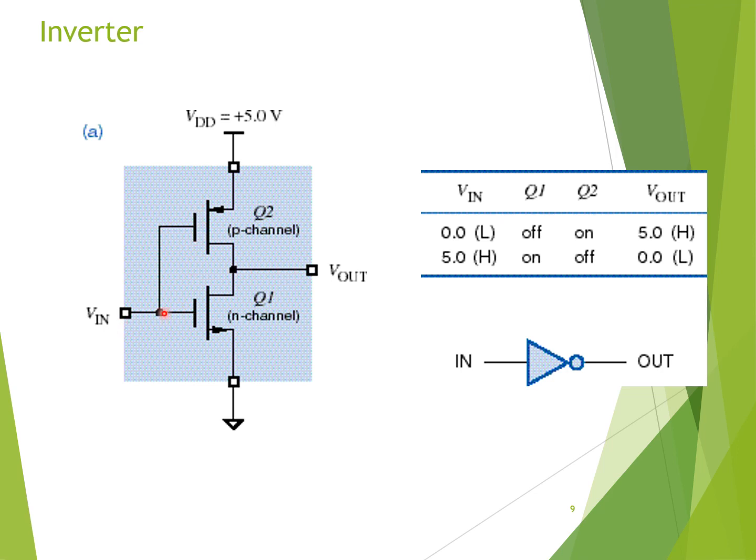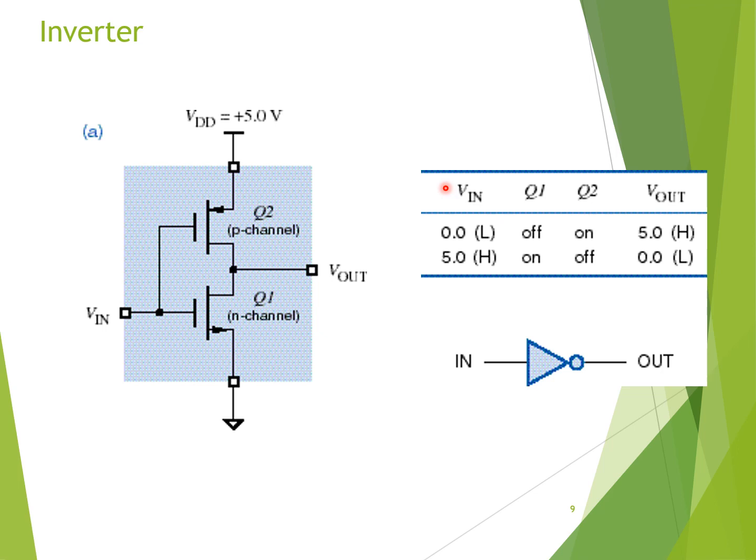See, two gates are connected and I have given an input. Here the source of PMOS is connected to the drain of NMOS, which gives us the output. So this is an interconnection. The drain of PMOS is given a voltage of VDD, whereas here the source is connected to the ground. So it is simply resembling the inverter operation, that is I'm giving an input, I'm getting an output. If I'm giving A, the output becomes A bar.